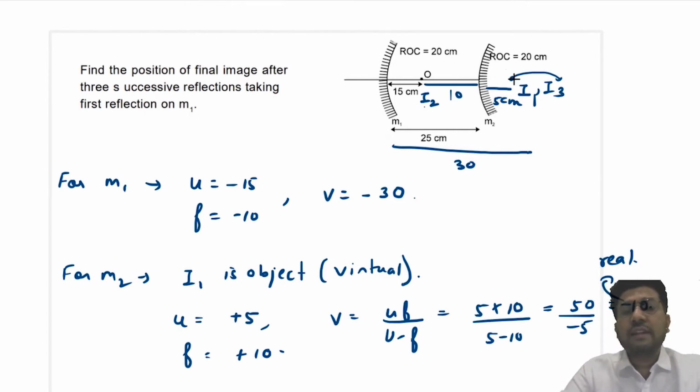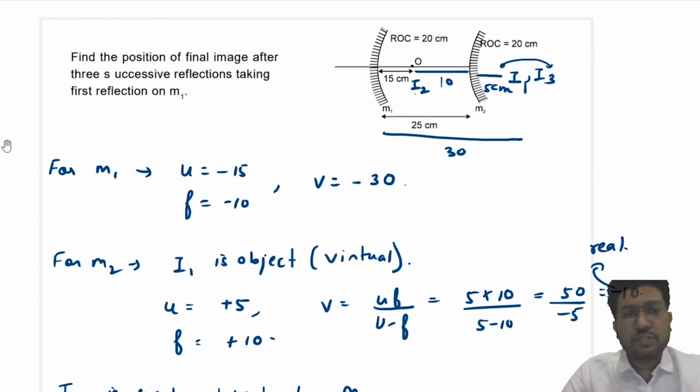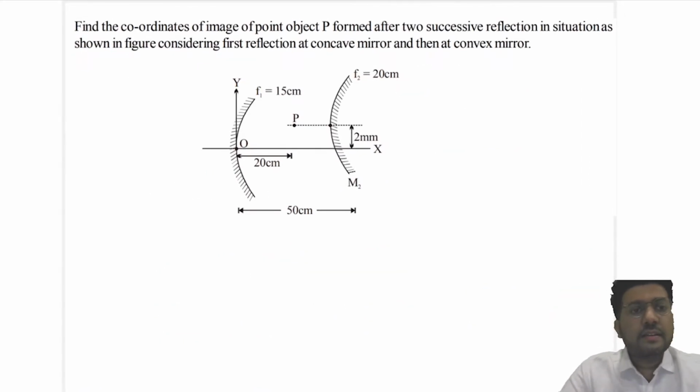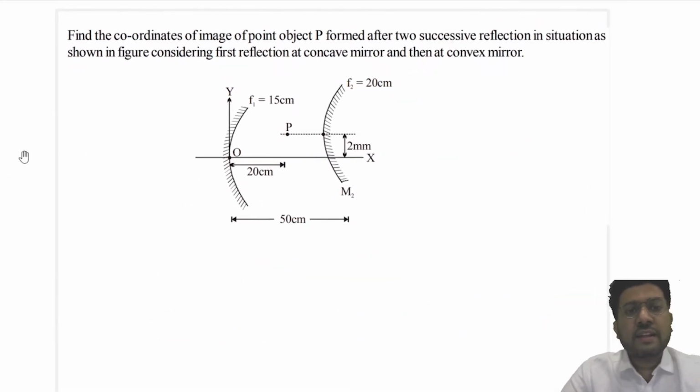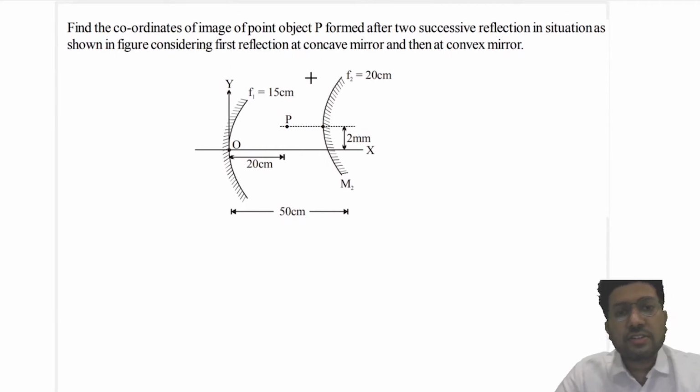So the final image is, you can say, 5 centimeter behind the convex mirror. So this is the final image position. Okay, then the next question is, find the coordinates of the image of the object which is placed at P. Find the coordinates of the image of point P,